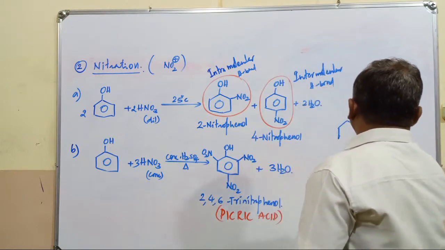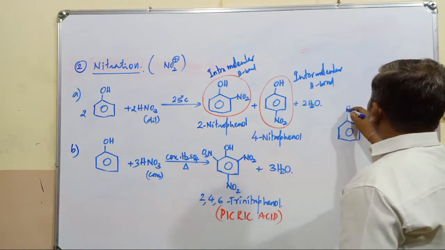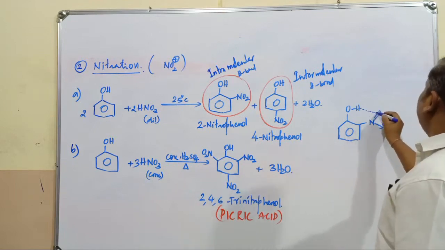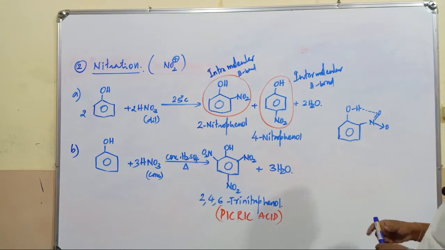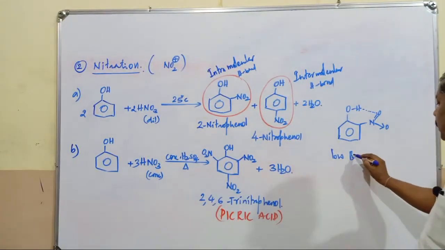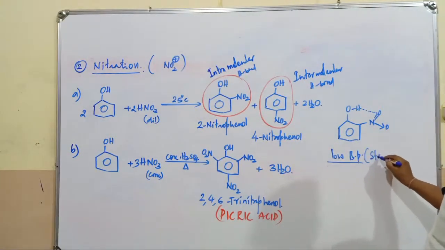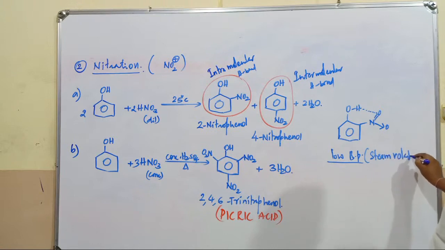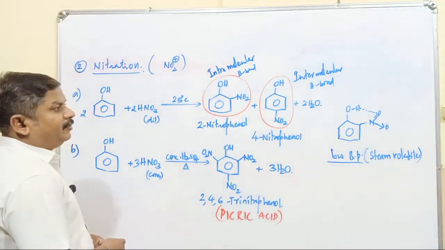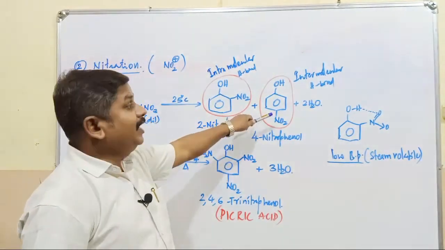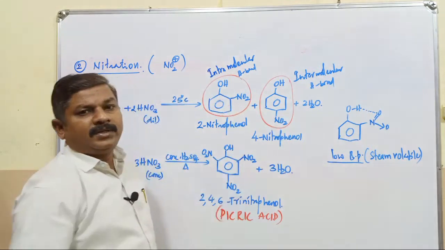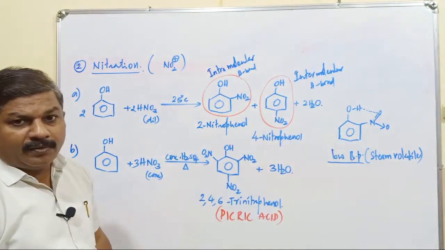Yesterday I mentioned very clearly about these two compounds. This is OH, this is N double bond O and a coordinate bond. Between these there is hydrogen bonding. Wherever intramolecular hydrogen bonding takes place, it has a very low boiling point. Because of the low boiling point, this compound is going to be steam volatile. Even heating is not required here. Just by passing steam, you can evaporate that compound. But this compound has intermolecular hydrogen bonding, so it has a higher boiling point. This has the lower boiling point.